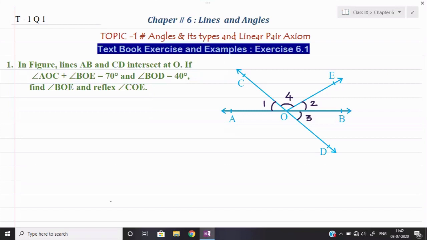In the case of to find, we will write the third heading as solution, and in the case of to prove, we shall write proof. Okay, so here since we are finding something, our second and third headings will be respectively to find and solution. Okay, so let us start. First of all, I will write down here given.